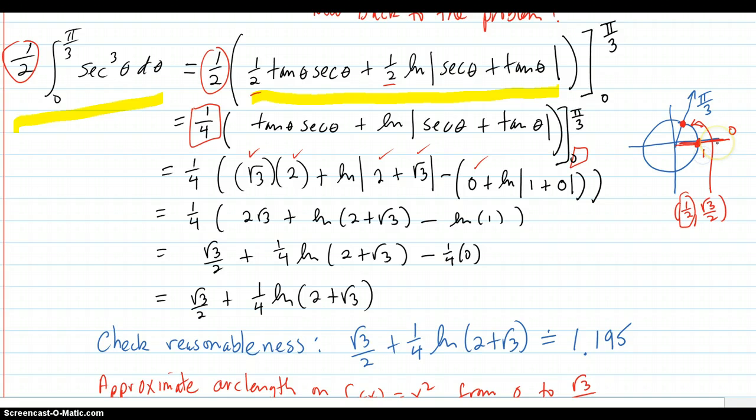That's cosine is 1, so secant is 1 over 1, which is 1. And tangent is 0 divided by 1, because that point there is 1 comma 0. So y over x is 0 divided by 1, which is 0. So you get 0. So that leads you down to this next step. I distributed in the 1/4 onto all these. And then